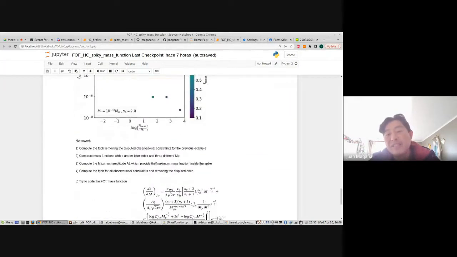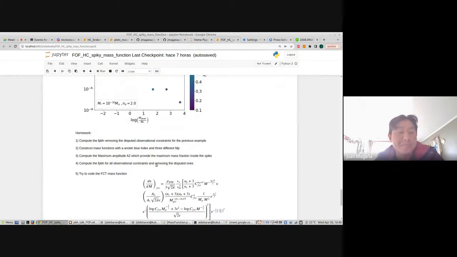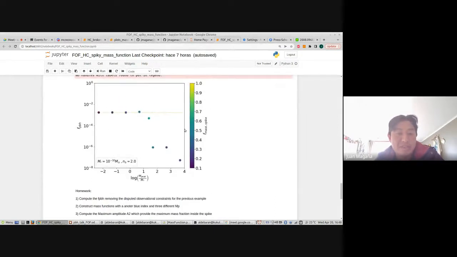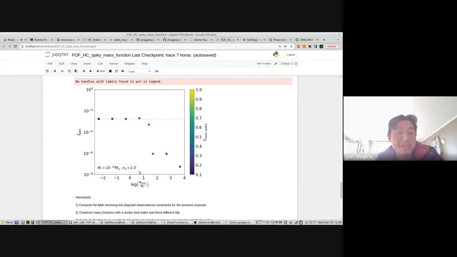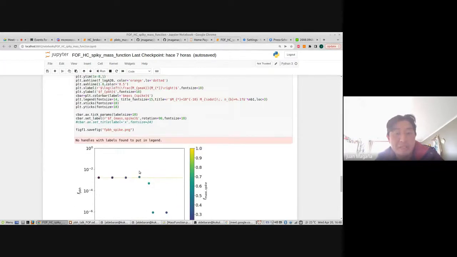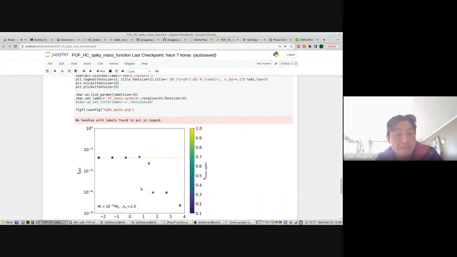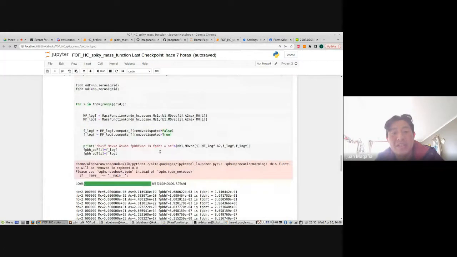And there are some activities that you can do. For example, compute and plot this point here, but now removing the disputed observational constraints. Here I plot the case when I consider all the observational constraints, but you can see that I also calculate this case.